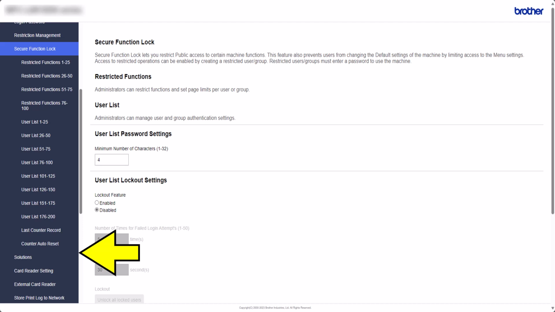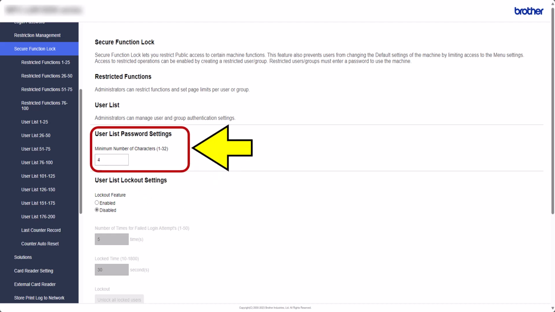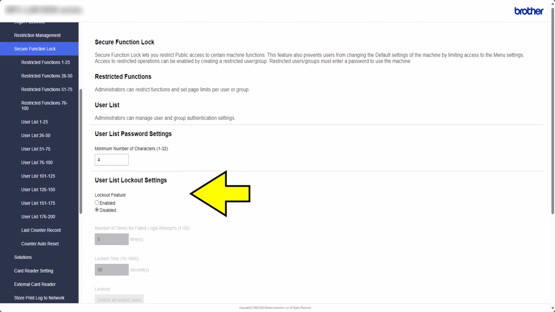Here is where the administrator can set the rules for the user's passwords. Password can be set from 1 to 32 characters. In this example, I will leave at default 4 characters. The administrator can add a lockout setting if required.